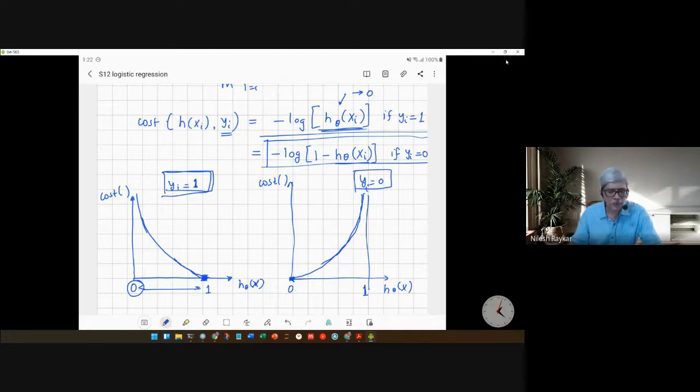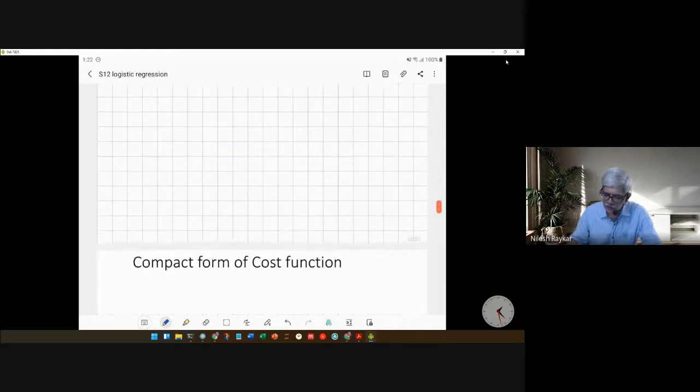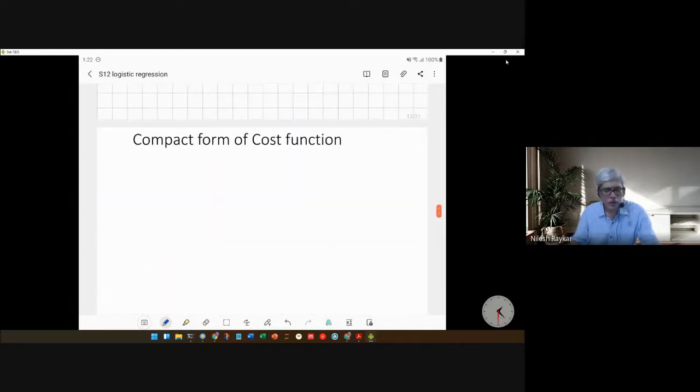So this is the form of the cost function that is used in logistic regression, which eliminates the problem of multiple minima, which will occur if you use the square sum function. So the representation of this function in this form is possible. Means when writing code, it is possible, but there is a clever trick by which you can write these two forms into a single function. So that is known as the compact form of the cost function. So the same cost function can be written in the following form.